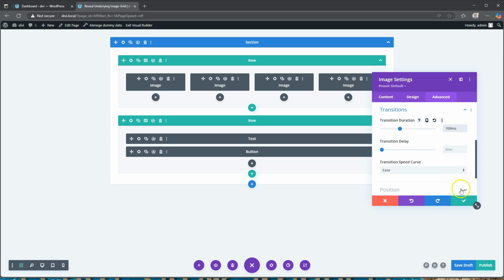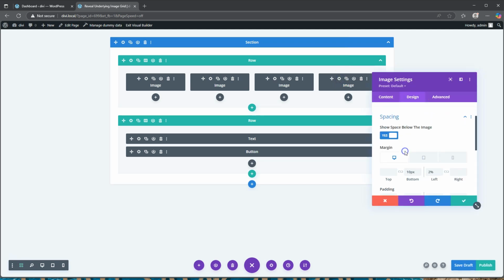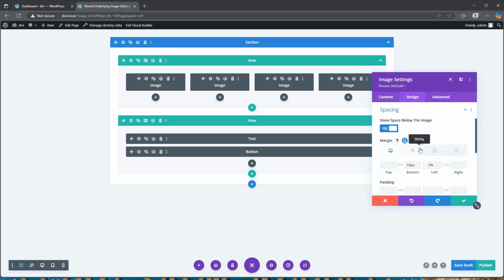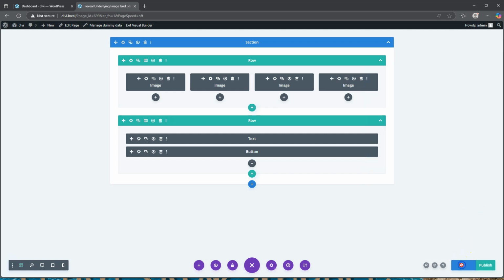And finally for image 4, jump into the sticky. This one we want to do -20%, and left we want to do -30%. And our transition over here we also want to make 1000. Okay, so if we save this, and we save this draft,